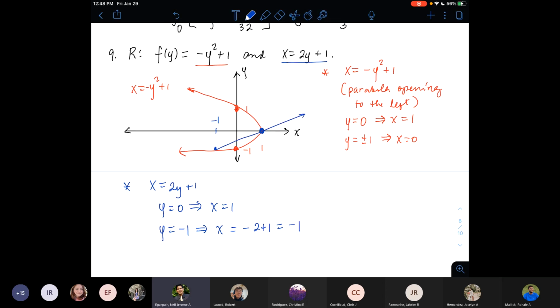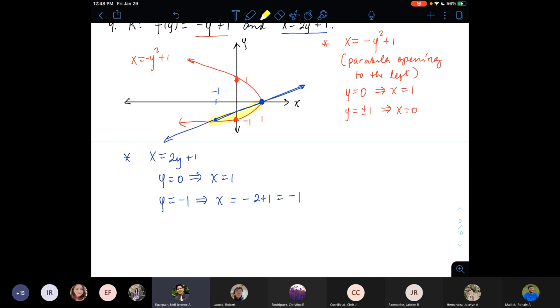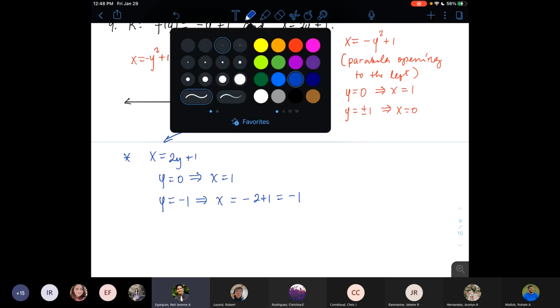So the graph looks like this. Okay, so that would be the shaded region. This would be the two graphs, and the shaded region would be somewhere here. Okay. Now let's try, since the functions are given in terms of y, then maybe a good start is to